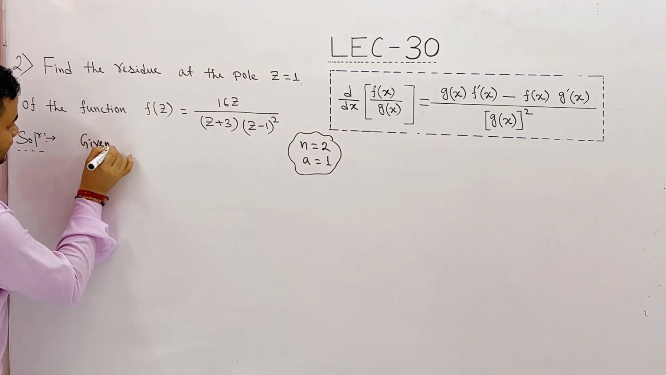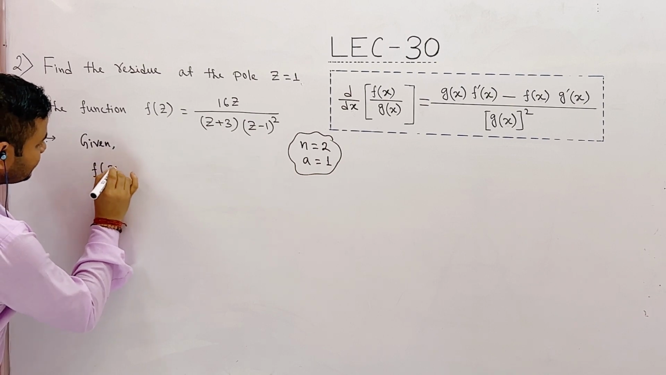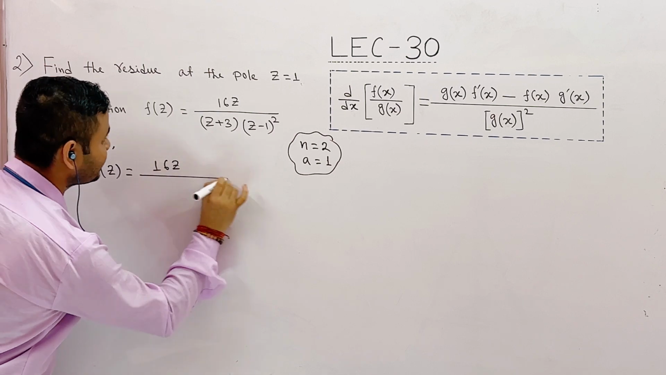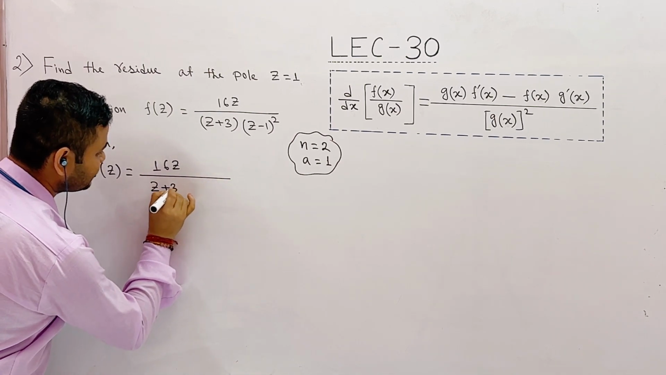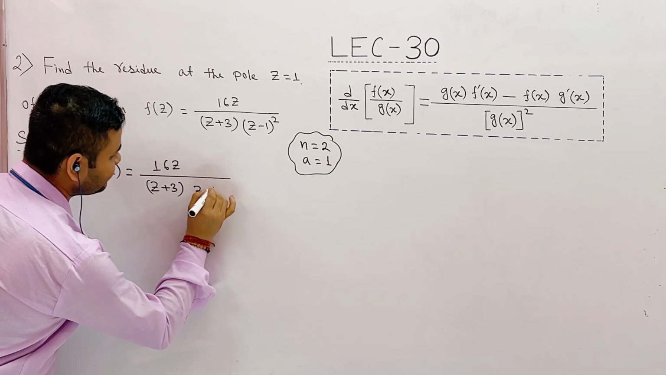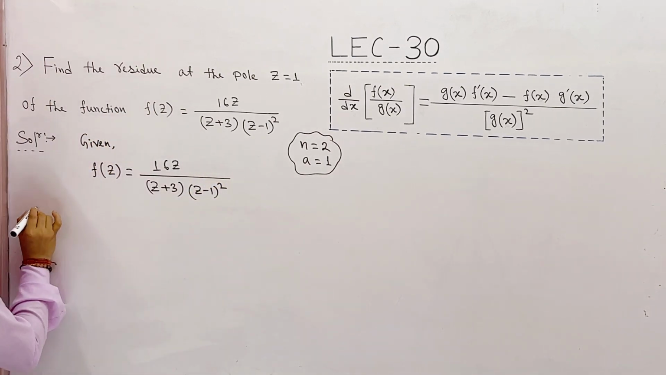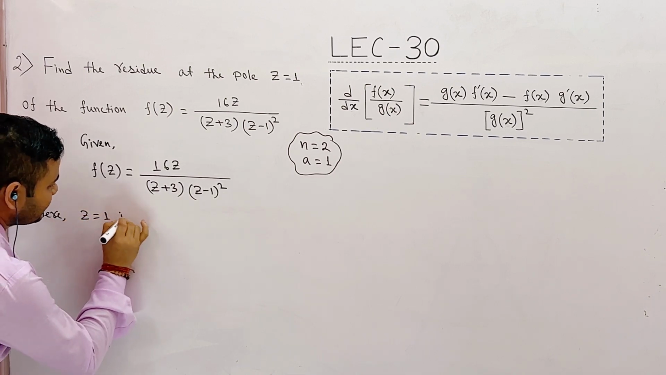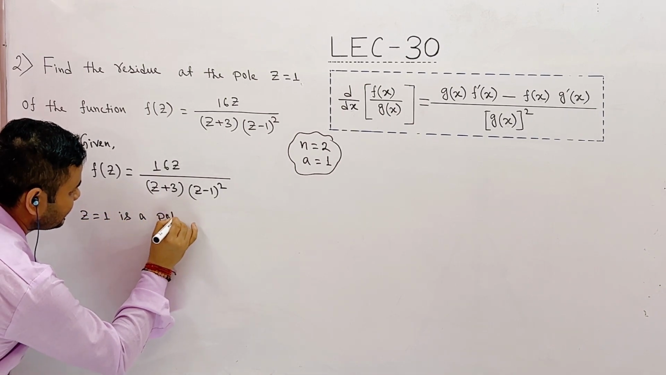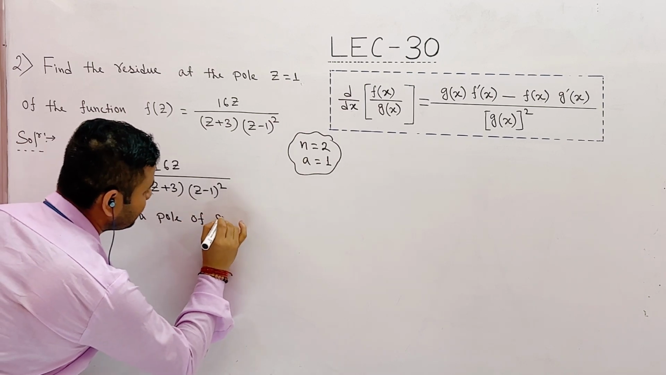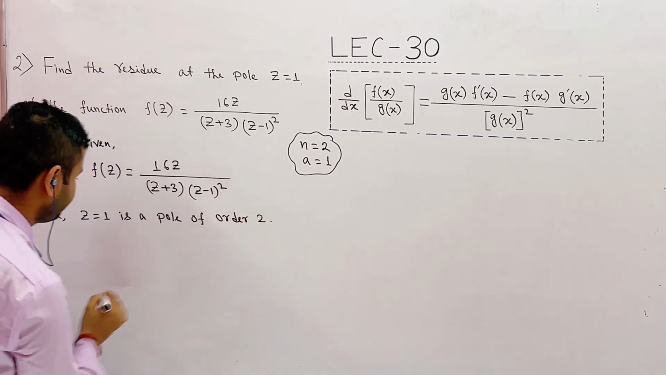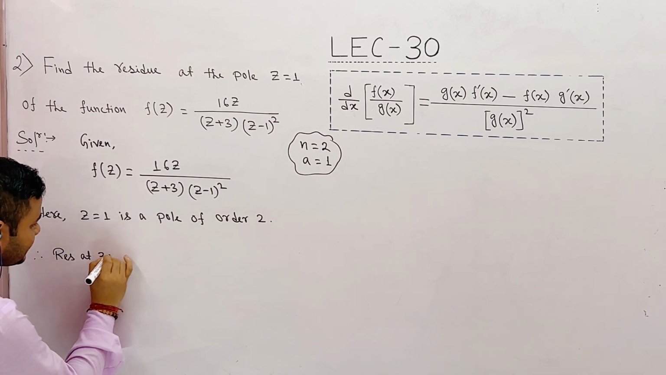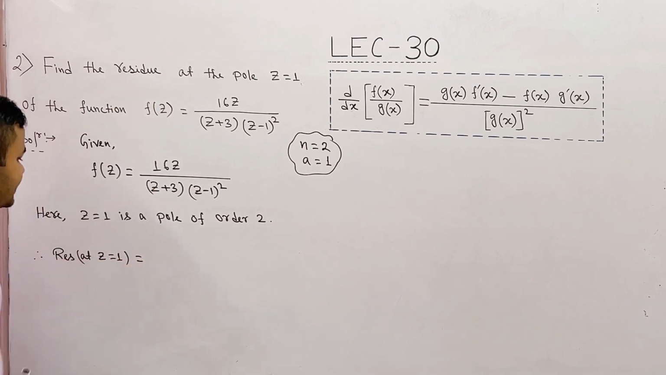Given f of z is equal to 16z divided by (z plus 3) into (z minus 1) whole square. Here z equal to 1 is a pole of order 2. So, therefore, residue at z equal to 1 is given by